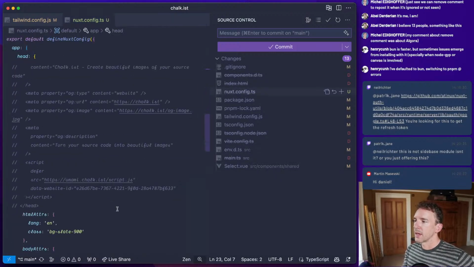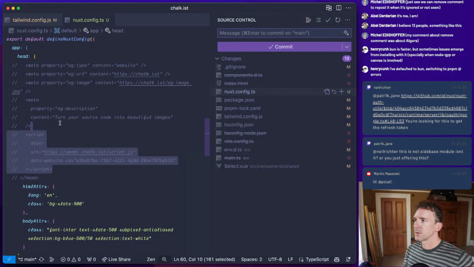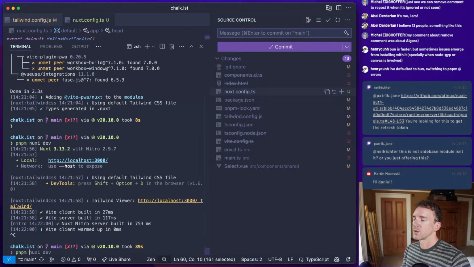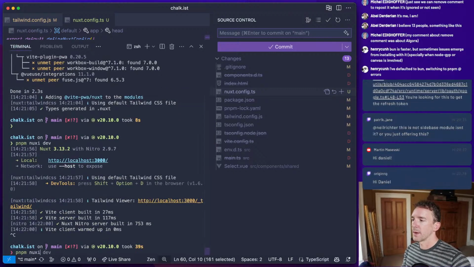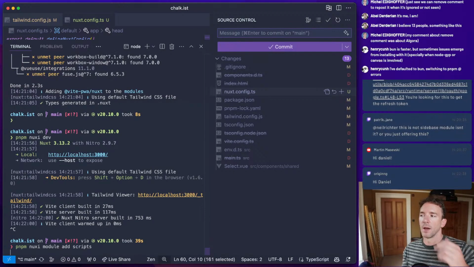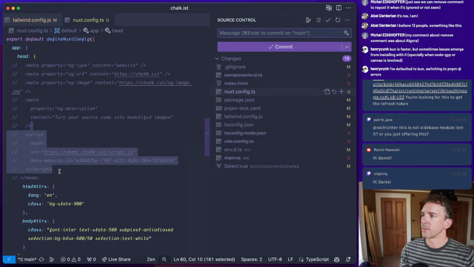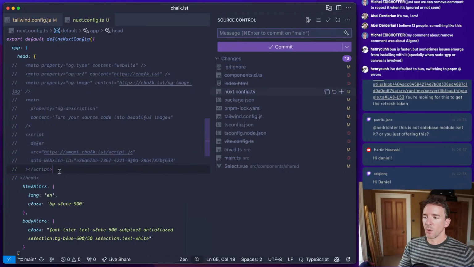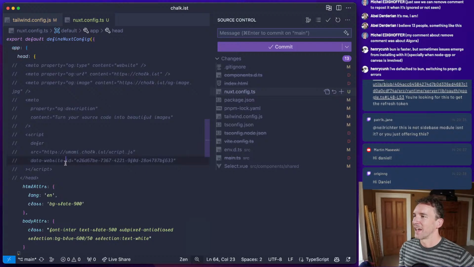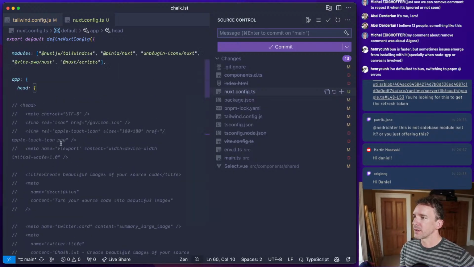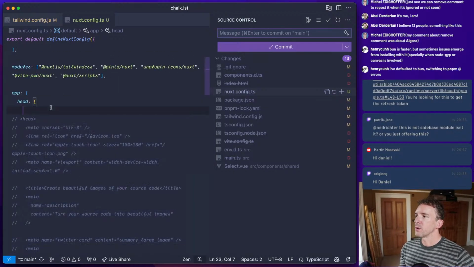Right, we need to add this head metadata, and we also will use Nuxt Scripts to handle Umami here. So we're going to do that. Module add scripts will handle correctly loading the tracking. Origin, nice to see you. And yeah, we need all of the rest of this though. So we're going to use